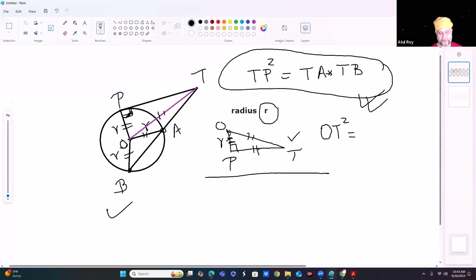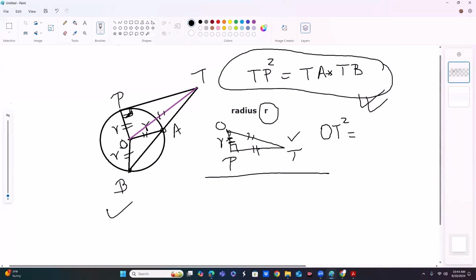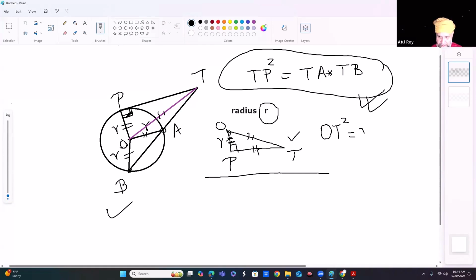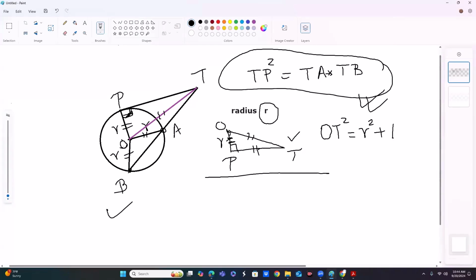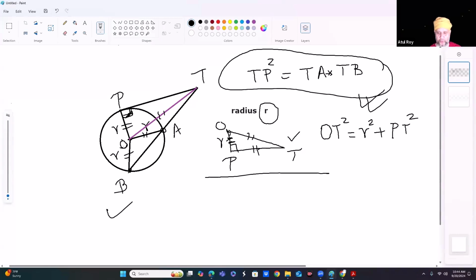Yes, these are the legs of that right triangle, right? So what does Pythagoras tell us? OT square is OP square plus, very good, plus PT square. Beautiful, plus PT square. So that's what the OT square is, right? Very nice. Now I have to somehow connect these with TA and TB,